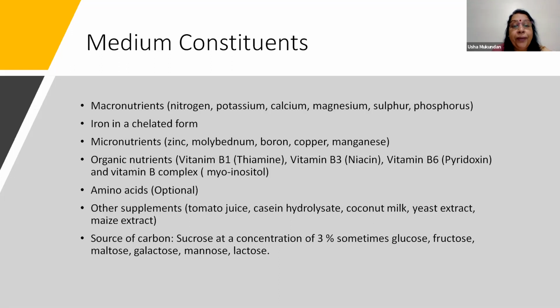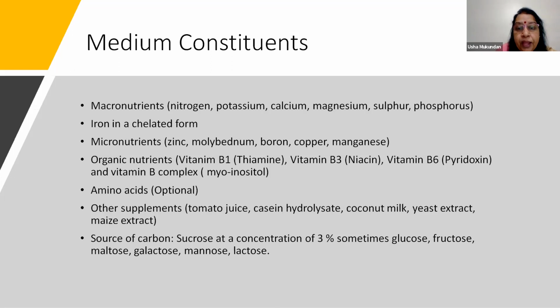Those of you who have been doing a little bit of farming or are interested in growing plants know that whenever you require fertilizer, you give it in the form of urea. So what you're giving is nothing else but nitrogen. Now nitrogen is available in the atmosphere, but it cannot be taken up by any plant directly. It has to be fixed. So nitrogen should be supplied either in the form of a nitrate or in the form of ammonium salts. The reduced form of nitrogen is more easily taken up, which you will see when you see the media constituents.